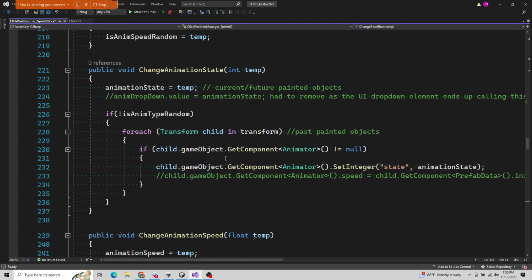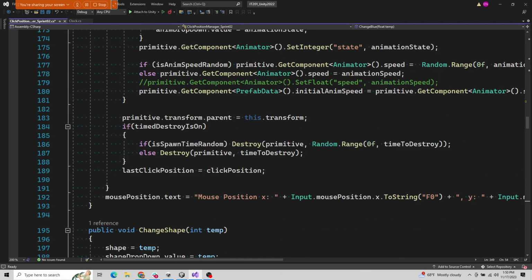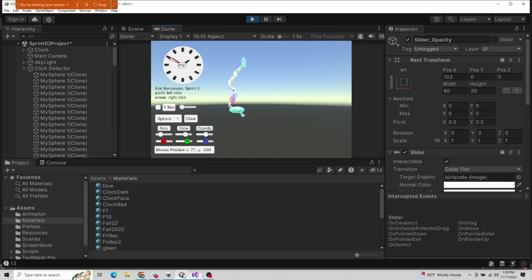So when we're creating, if time destroy is on, we're going to go in here. So this line, just ignore this right now because this is set to false. I start using this property later, but this is a bool up top and it's just defaulting to false, and we're not changing it right now. So this part of the code won't run. So it's just this line right here: destroy this object after a certain amount of time. Normally this is always set to 3,